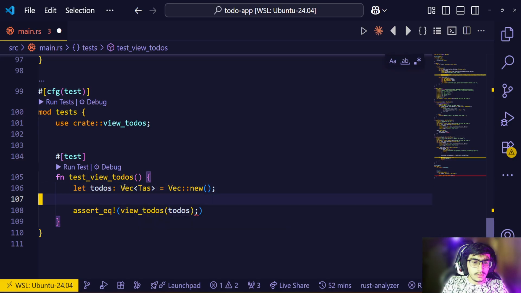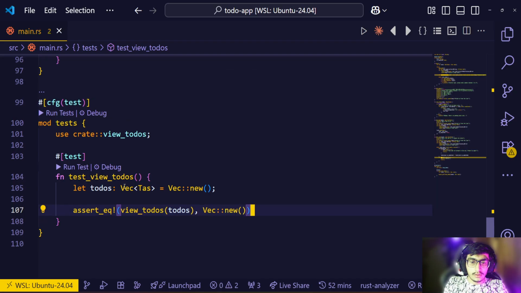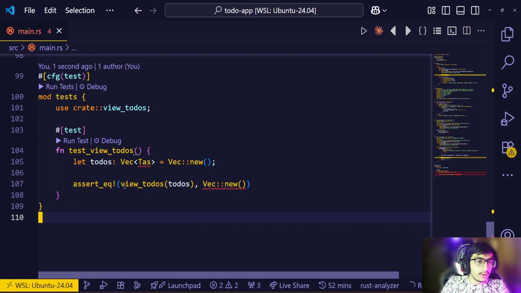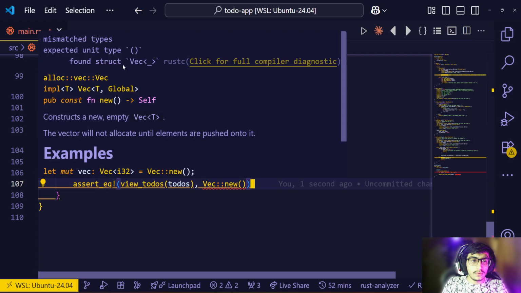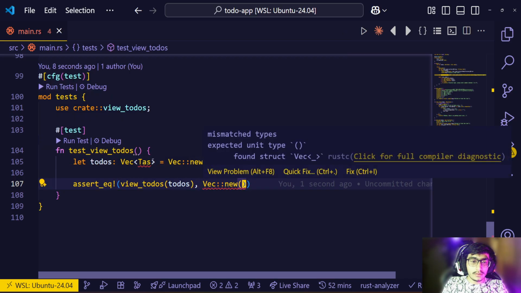Okay, to-dos. Let's just pass to-dos. In return, we will get an empty array. So let's vacuum it, and then okay, the keyboard is okay now. Okay, so it is throwing mismatched types, unit type is stuck. Okay, so what I am getting,